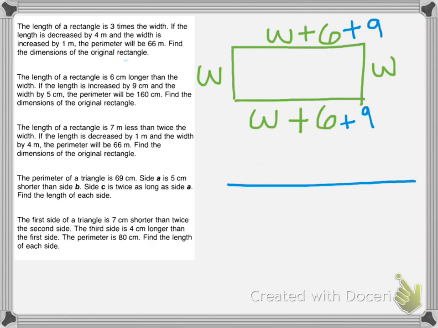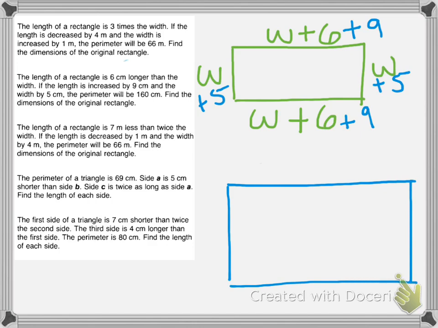Let's take a look at the width. It says, and the width by 5. Well, they're sharing the word increased. If the length is increased by 9 and width by 5, meaning you're increasing both of them. The width is increased by 5, so it's getting bigger too. And then there you have it, an increased rectangle. And so it tells us that the perimeter is